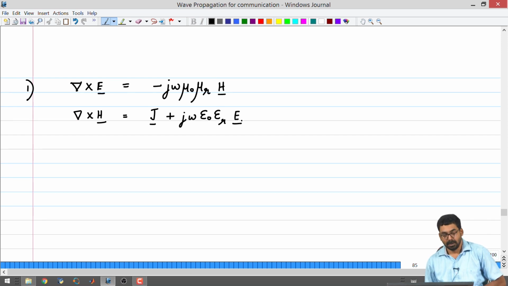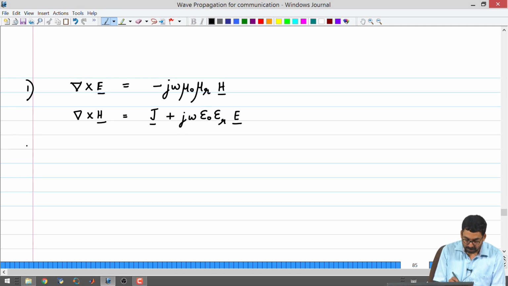So this was del D del t, and assuming that your medium is isotropic, then you will have epsilon naught epsilon r coming into the picture, and you are also assuming that epsilon r is frequency independent. The frequency dependence that we are interested in is through omega, and assuming that epsilon r and epsilon naught are going to be fixed, and if sigma is going to be fixed, then omega plays a big role in determining whether a material will behave like a conductor or a dielectric. This is the broad question, and we are going to look only at the two curl equations.